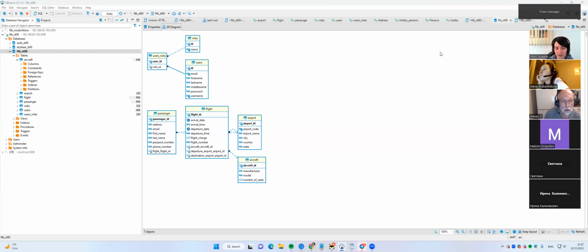Okay, aircraft ID is connected to which table? Aircraft. And the most interesting right now, folks,